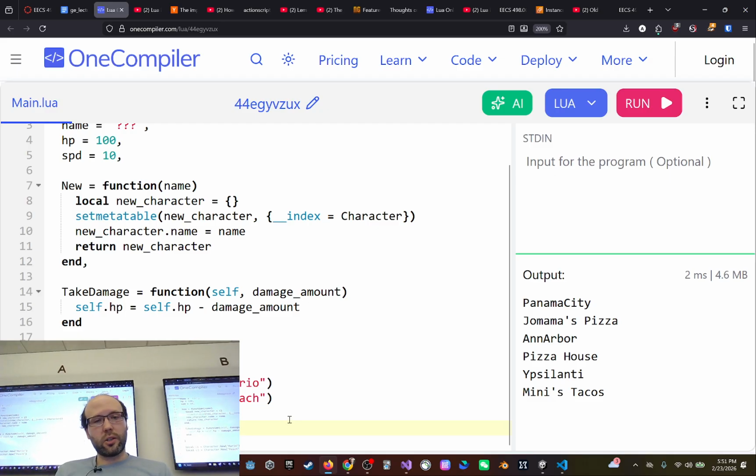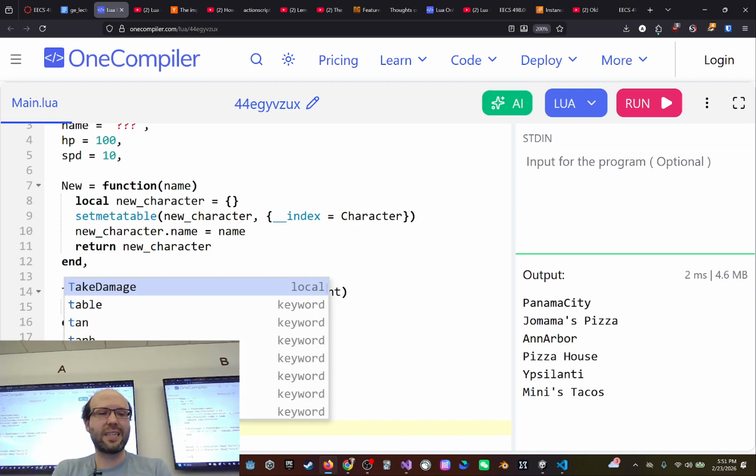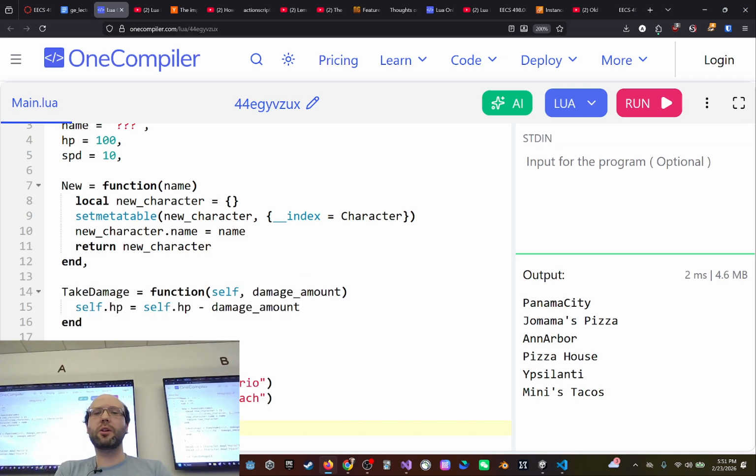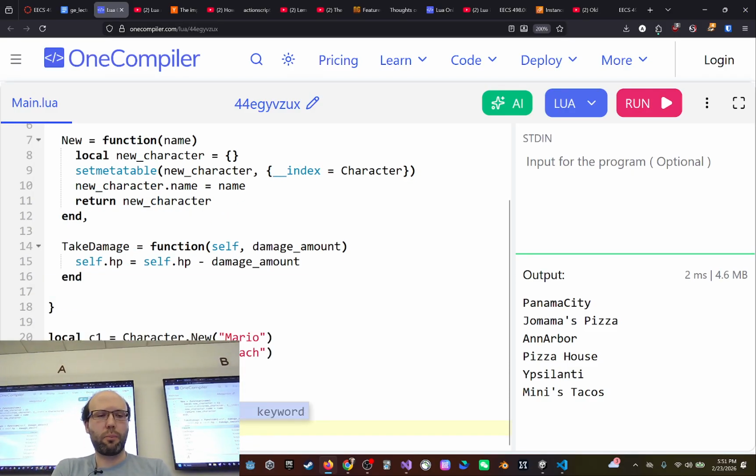And let's just test this. So I'm going to go C1, and then I'm going to go colon. We'll talk about that in a moment. Take damage. How much damage should Mario take? Any idea? I don't know, 10, okay? C2, Peach, is going to take 20 damage. And now I want to print,